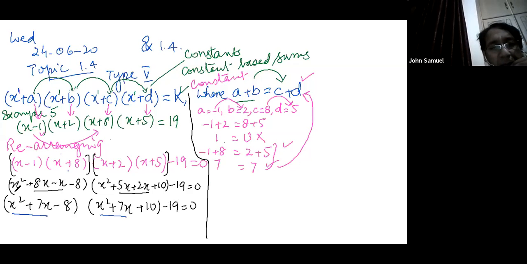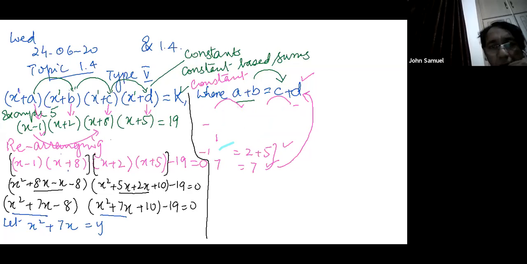Now, if you look carefully, you will find the first two terms on both are similar. So what we will do, we'll suppose this term, let x square plus 7x is equal to y. You know that we cannot take it equal to x, because x is already lying inside. So we'll take a different letter; you can choose anyone from a to z, but I think this is much more convenient for you, and also helpful for the checker, the one who checks the work. I'm raising this one from here so that it could be easy for you.